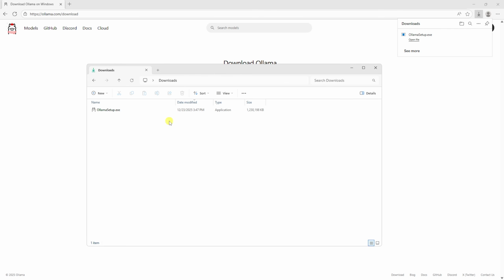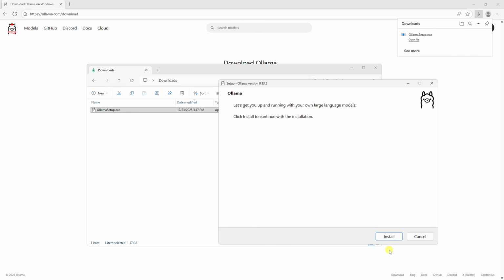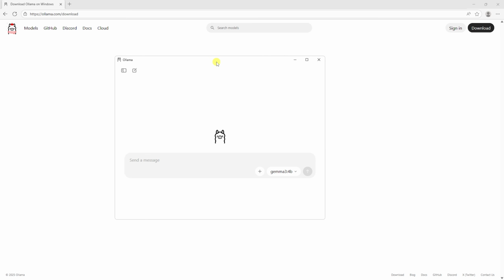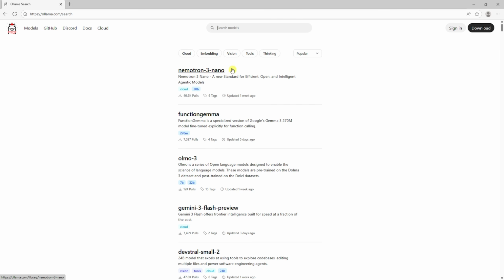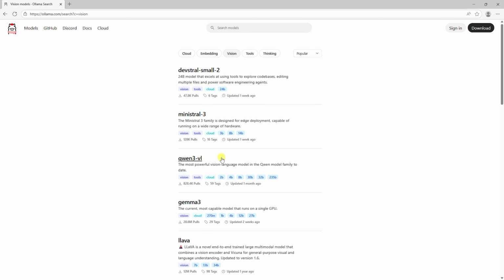To get started, head over to the official Ollama website and download the installer. Once it is installed, it runs as a lightweight local engine on your PC. Think of it as a local chatbot that stays out of your way until you need it. We are going to bridge that power into our workflow using the ComfyUI Ollama custom node. This setup uses a simple API call to the Ollama engine, which keeps the heavy processing external and keeps your